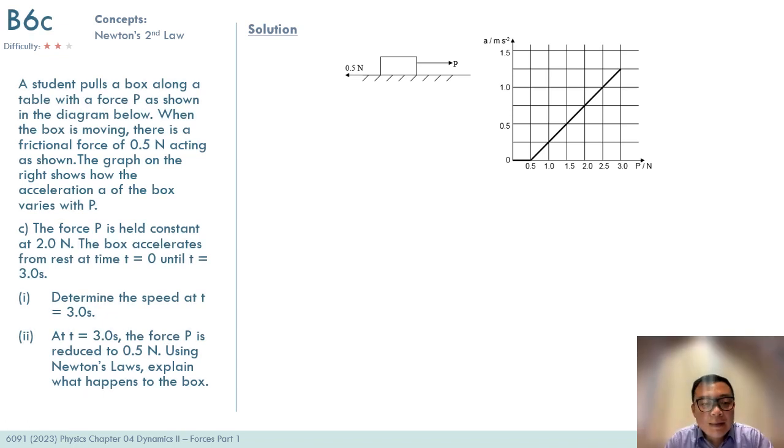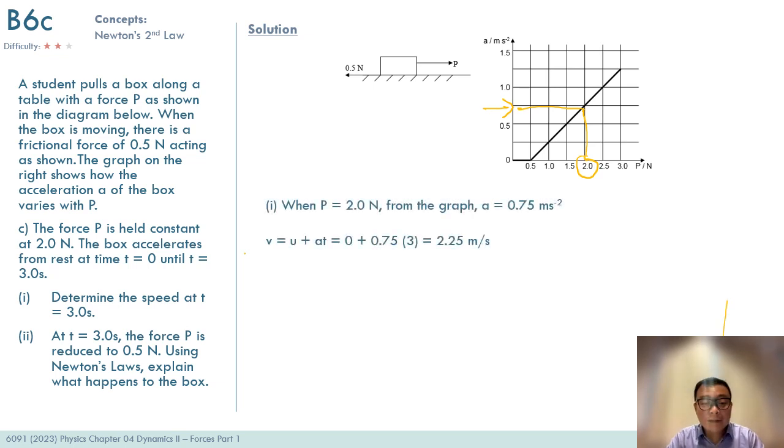So in part C, we are to determine the speed at 3 seconds when the force is held constant at 2 newton. At 2 newton, with a pulling force of 2 newton, from the graph you can see that the acceleration value is 0.75 meter per second squared. So I've written it down, and with the acceleration value known,